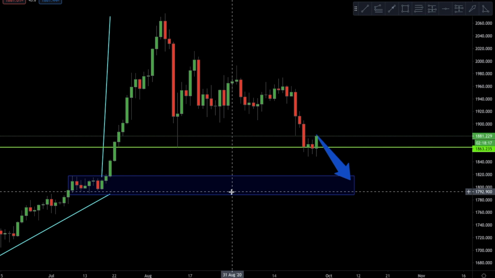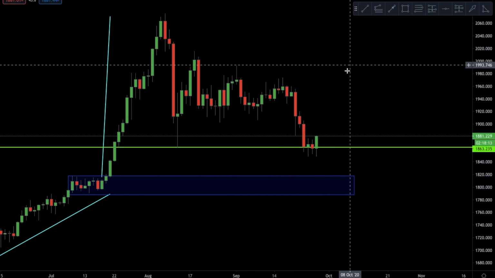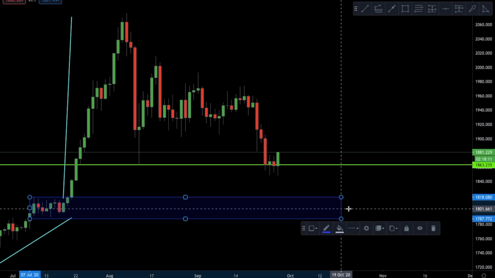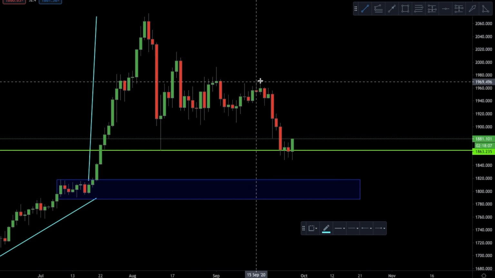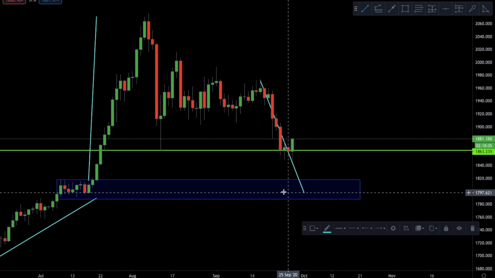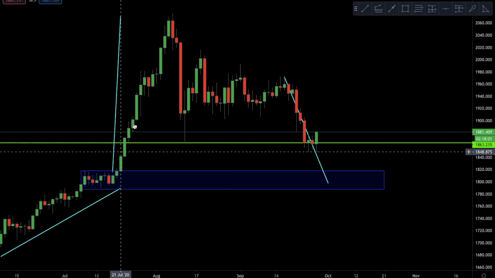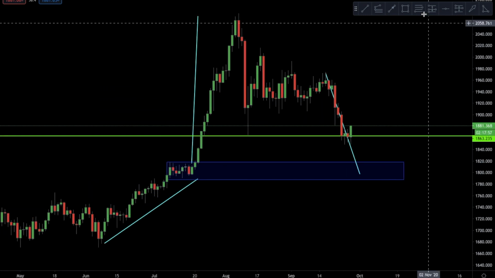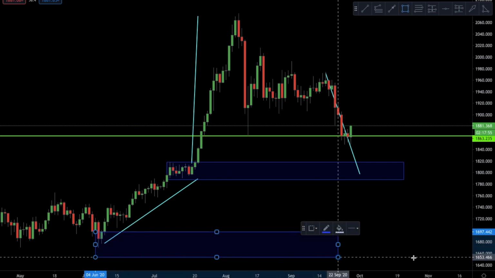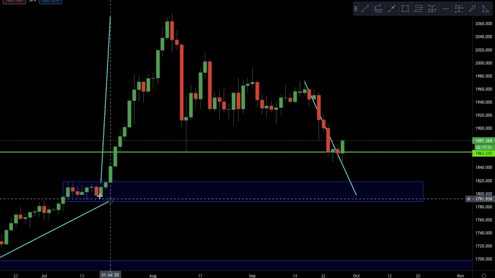So now let's look at it from a different perspective. Let's say you're not looking to sell, all you're looking to do is get into a buying position. Well, at least in my opinion, now this is all based on my opinion, a conservative way to get involved in the market would be by seeing a push down into this level. Because once again, at least for me, I believe that there's going to be a bunch of buyers that are trying to hold this level. Because if this level is broken, then the next major level of support is way down here, right? So to me, in my opinion, this is going to be the level because of the price action change here